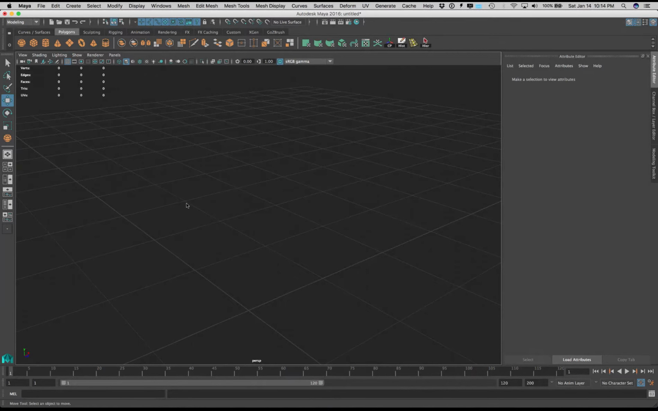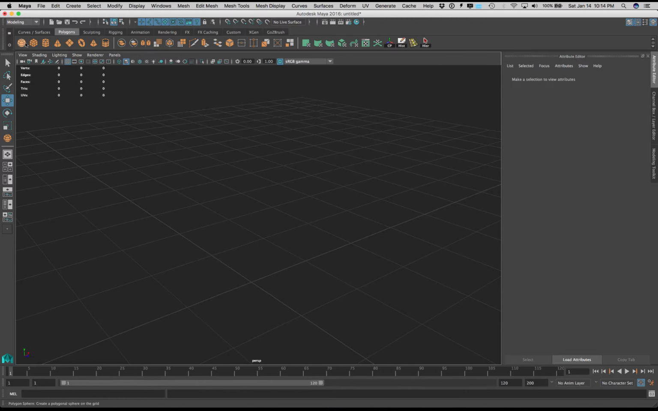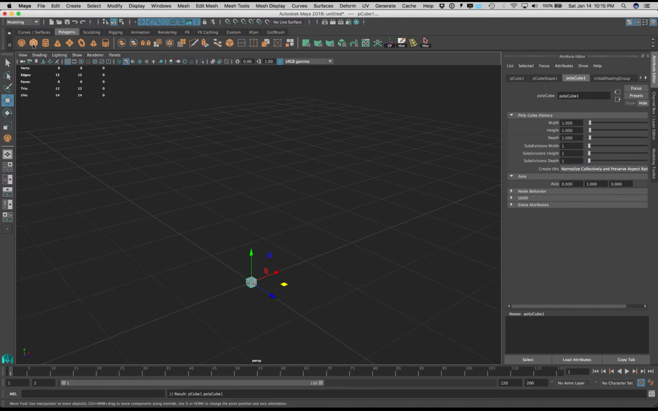Hi guys, so today let's make a low poly tree, like a game asset that we could use in Unity 3D or Unreal or any mobile game. I'm here in Maya 2016. So the first thing I'm going to do is click on a cube under polygons, and I'm going to